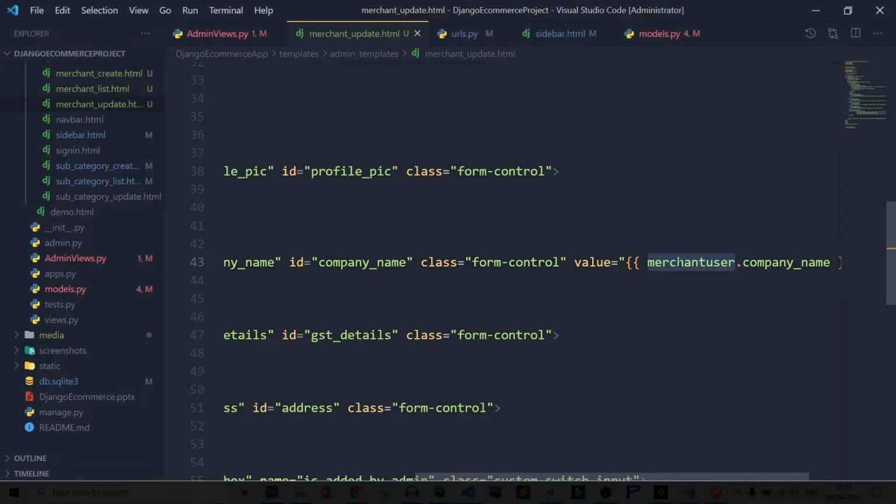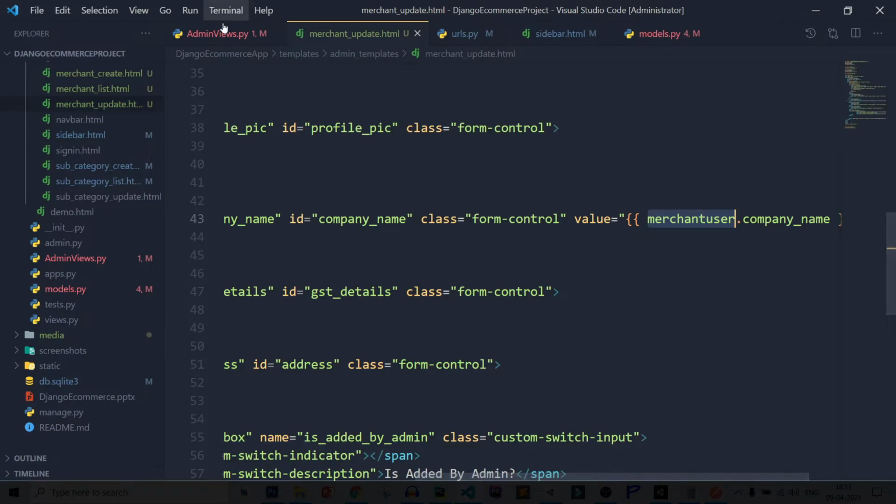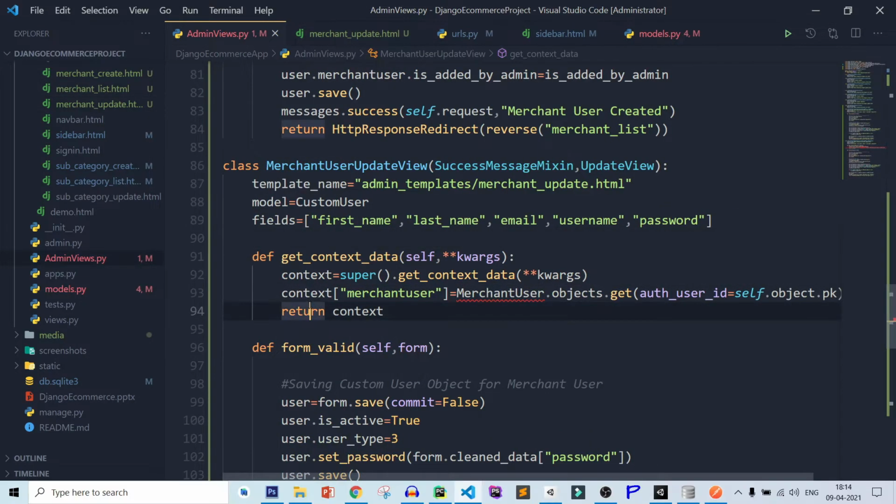So merchant user dot company name not showing anything. Let's see what is the problem.